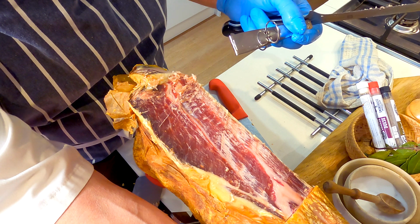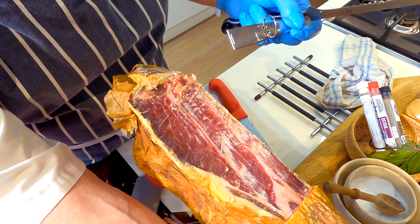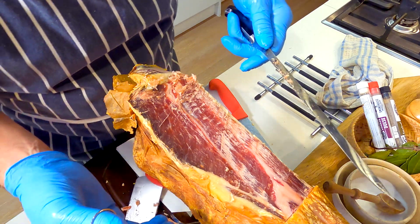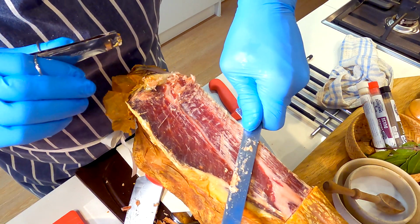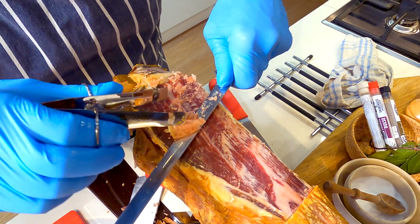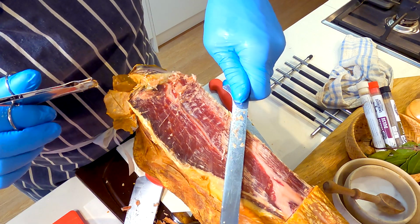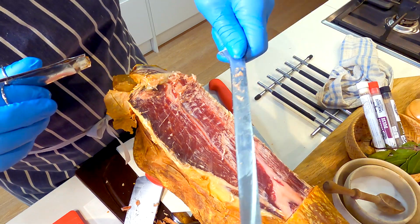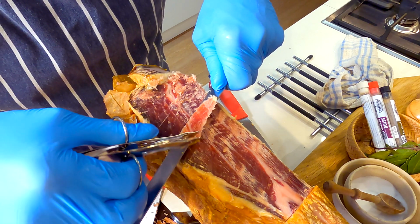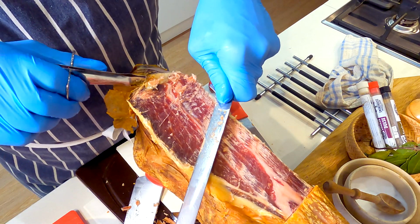So when this was cured, it was around about 6.2 kilos. And obviously, being 6.2 kilos, I want to take off some bone weight off that. And once you take the bone weight off there, what you're left with is the calculation for your Prague powder, and it's 2.5 grams of Prague powder per kilo. Now I think I took about 1.2 kilos of bone weight off this, so I was left with about 5 kilos of meat weight,